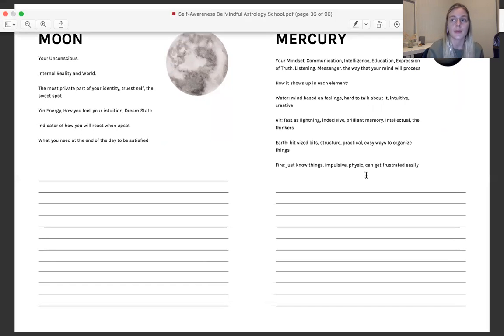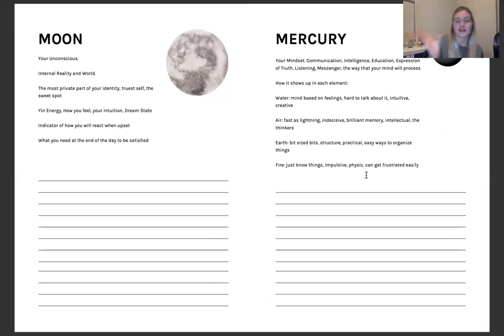So the moon is, let's say, the opposite of the sun. Sun is outer world, moon is inner world. It's sort of what you need at the end of the day to be satisfied from an emotional standpoint, to feel completely at peace. The moon is the opposite of the yang energy. It's the yin energy. It's your internal world, how you feel on the inside, how you're going to process emotions,